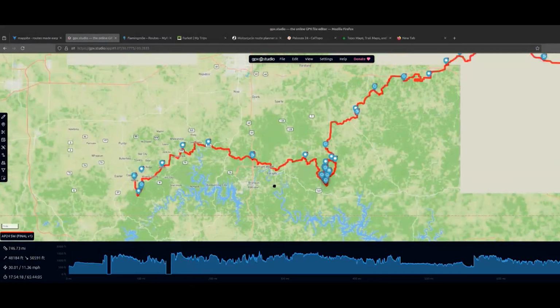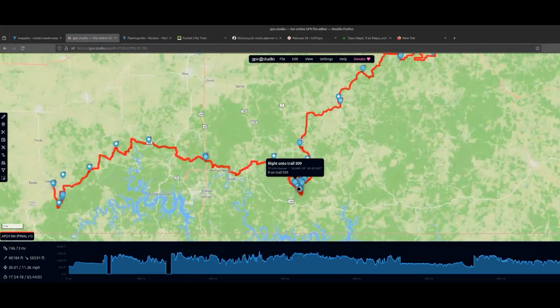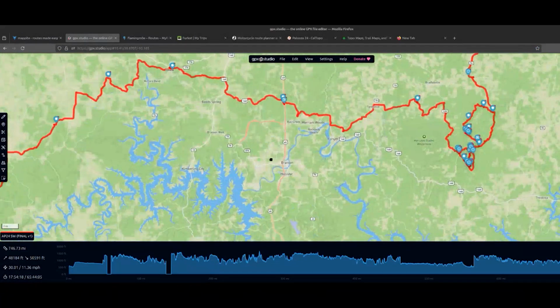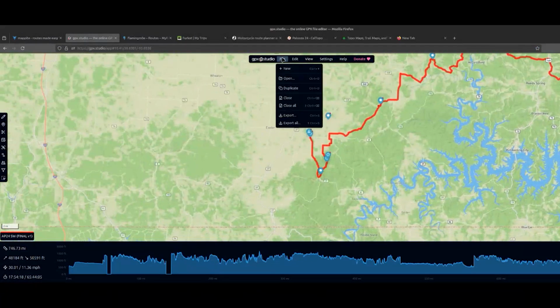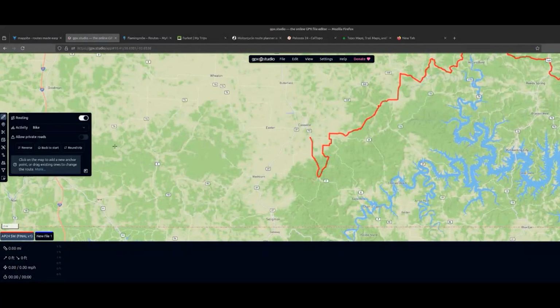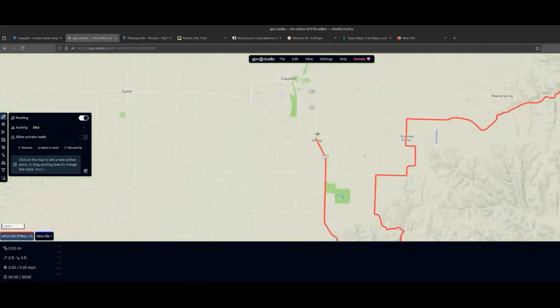So you'll see my waypoints here now. Can you edit them right there? You can, yeah. You can click on new, and it will actually create another track. You could say, I want to get from